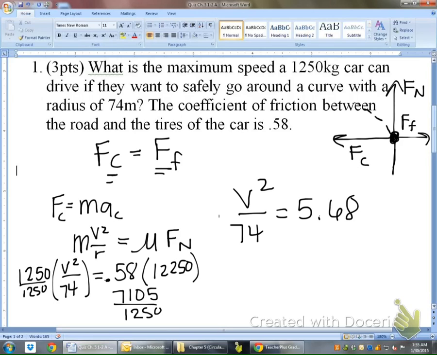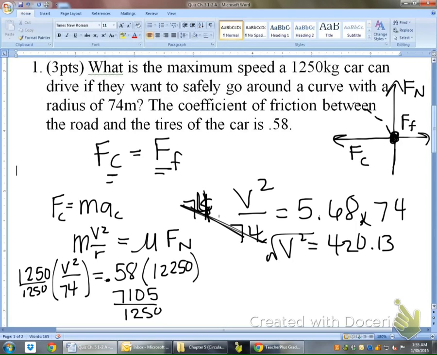So now we can take our times 74, multiply by 74. Oops, why did I write 75 there? Okay, and we get v squared equals 0.32, I'm sorry. All right, so then our last step will be to square root both sides, and we get our velocity to equal 20.5, and our units would then be,